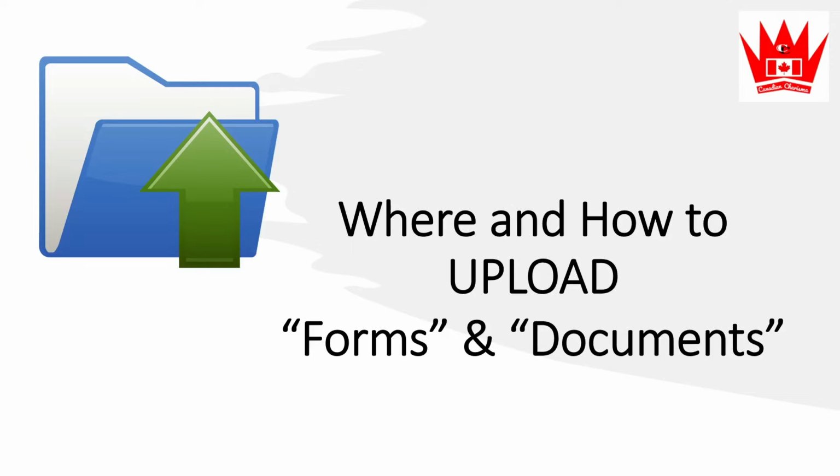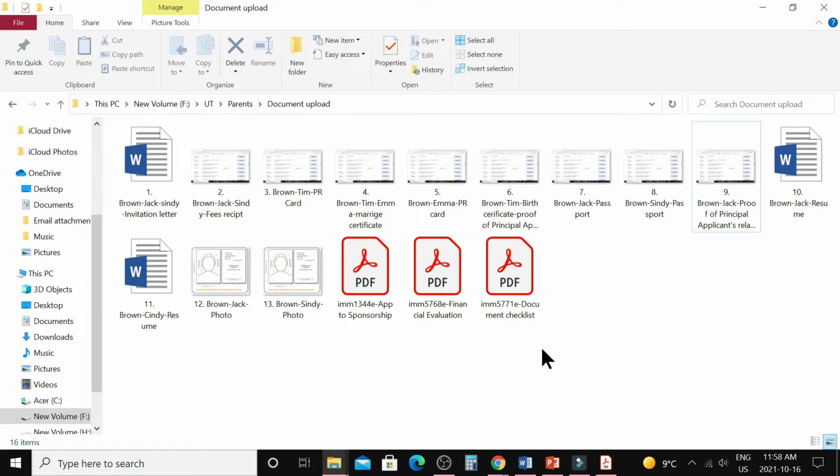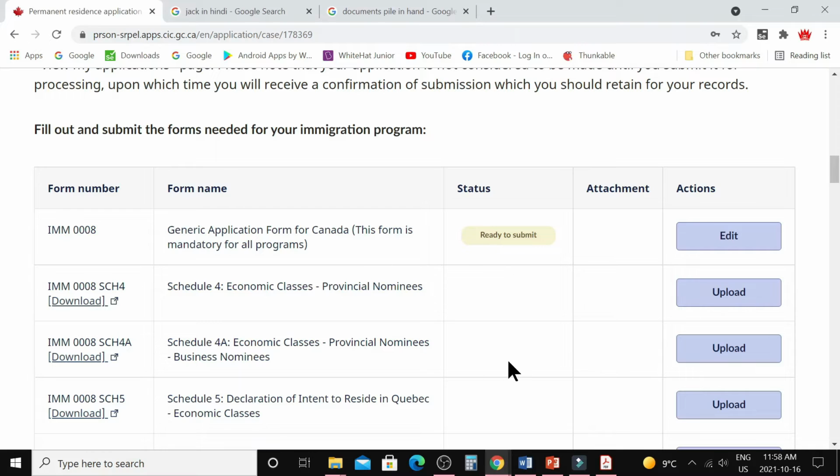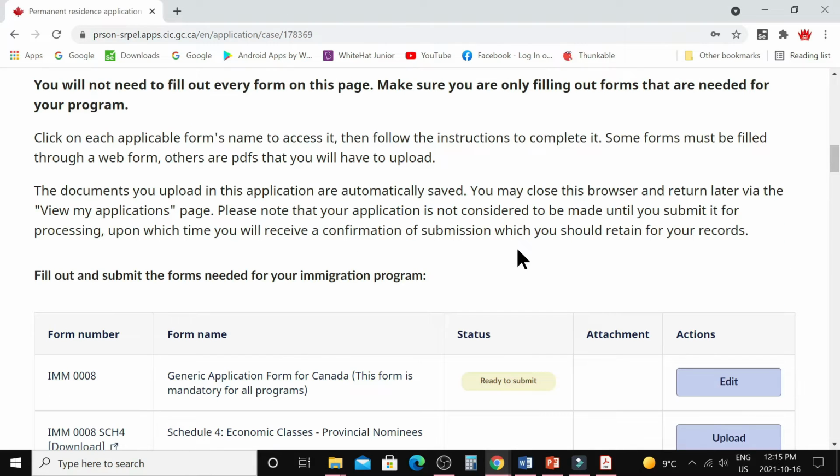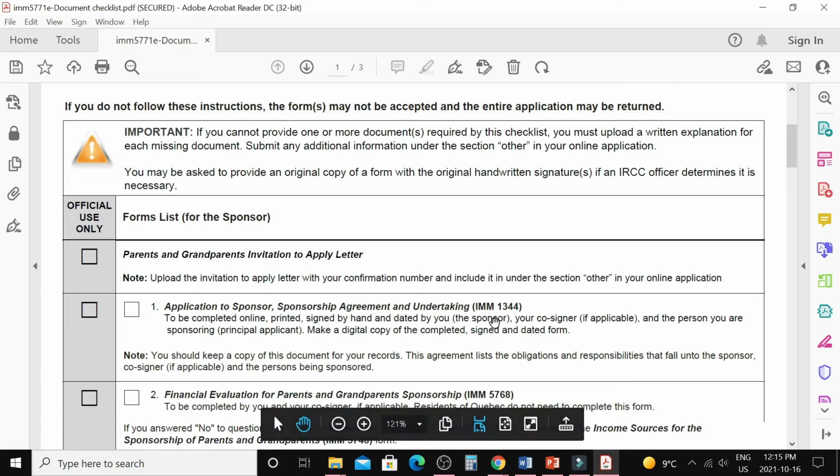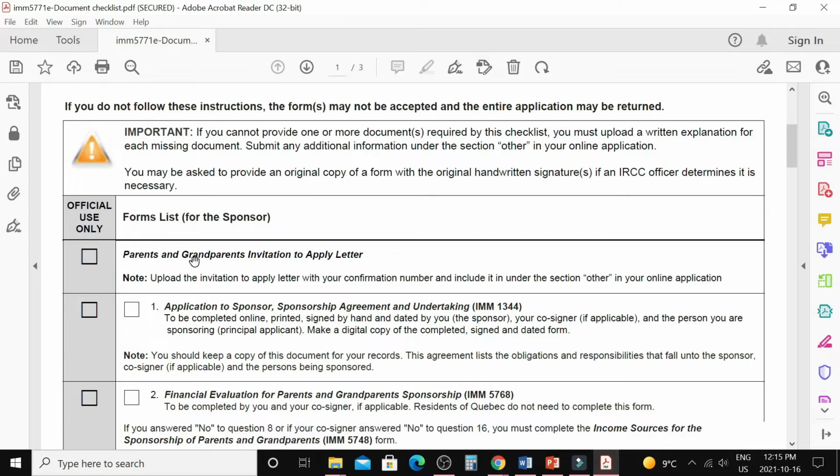Next is where and how to upload forms and documents. Once you are ready with all the documents scanned and saved properly on your computer, you need to log in to your account to upload the documents into the portal. When you start uploading your documents and forms, just follow the document checklist. Start with the first one, the parents and grandparents invitation letter to apply, where you need to upload this document